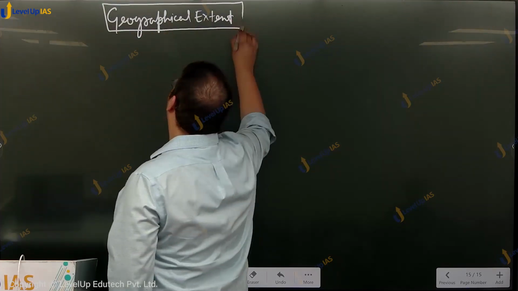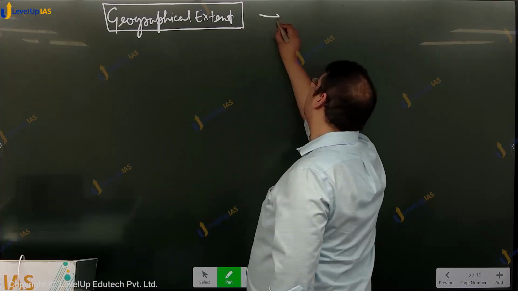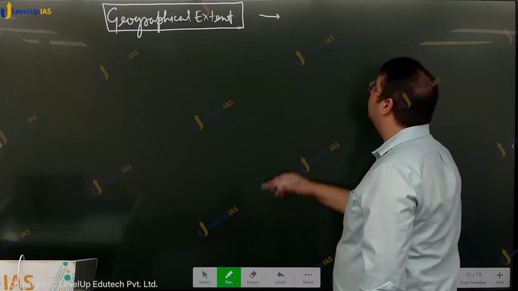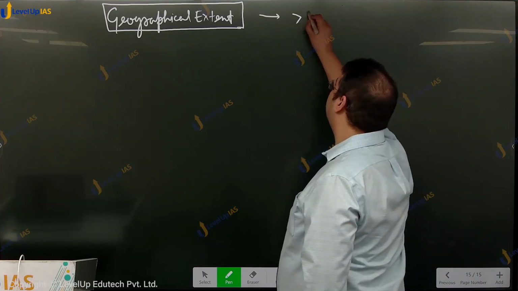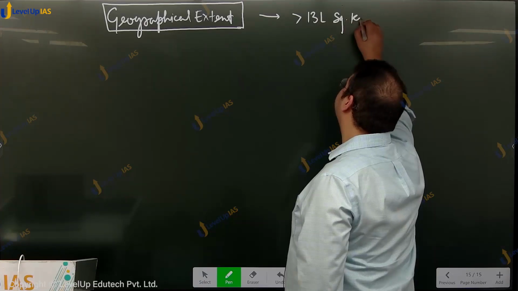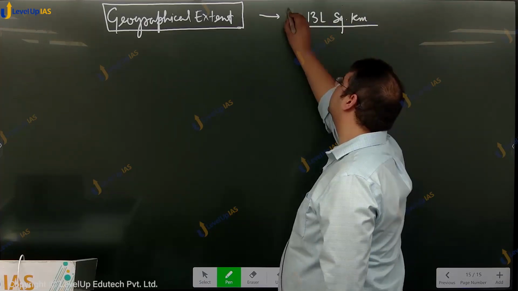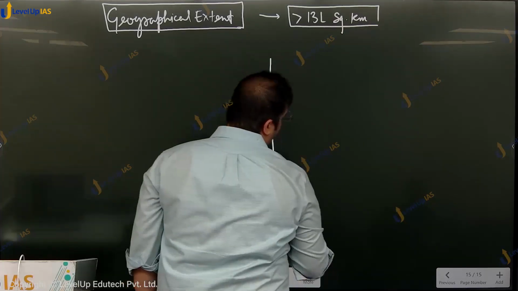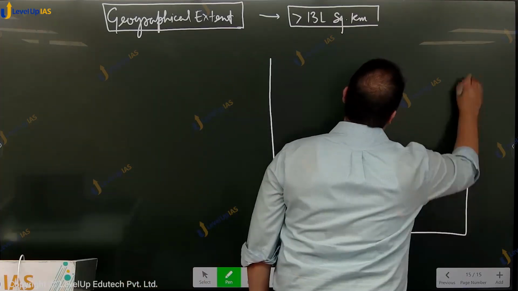Its geographical footprint is larger than even the present day country of Pakistan. It stands at more than 13 lakh square kilometers. And if you were to look at a map of this region,